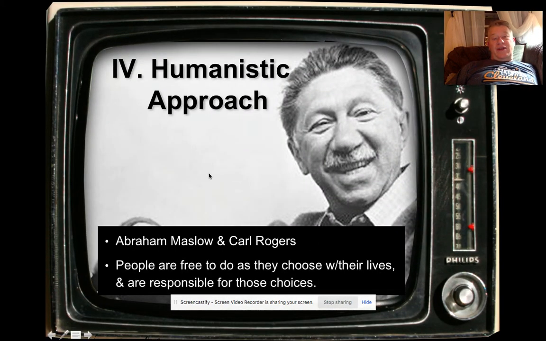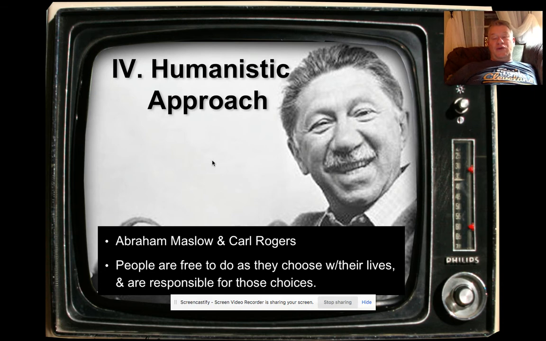The other side of it is the humanist approach, and this is one that you probably heard about if you had Mrs. Grissinger as an English teacher. The two guys that are involved in it are Carl Maslow and, no, my bad, I meant to say Abraham Maslow and Carl Rogers. I don't quite know why I put those two together, but they believe that people are